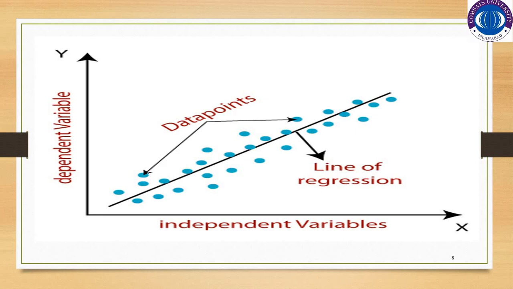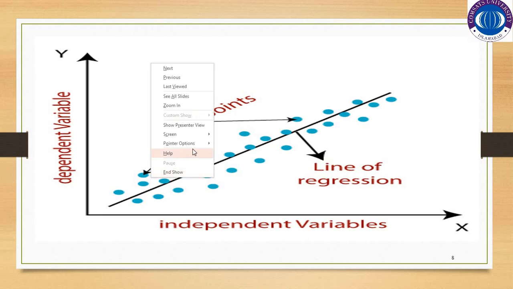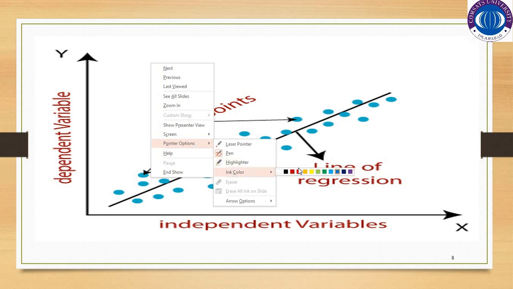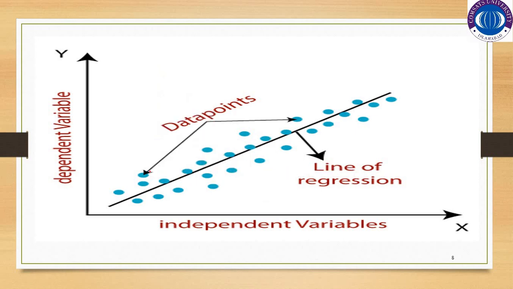As you can see, all these are data points and this black line passing through these points is the line which is capturing the behavior of the data points, or you can say it trend line as well,